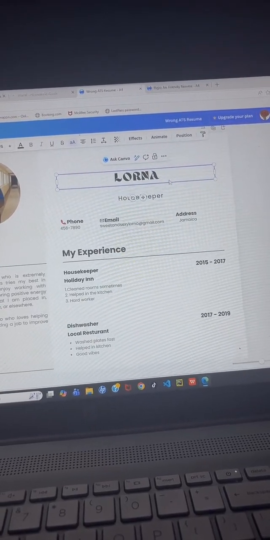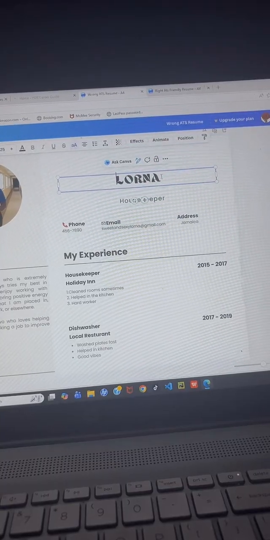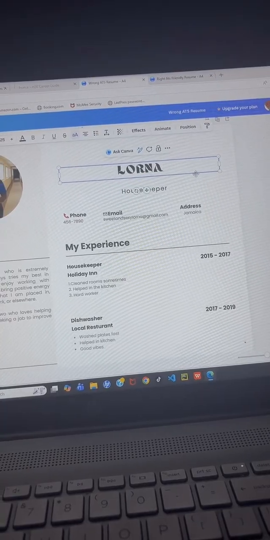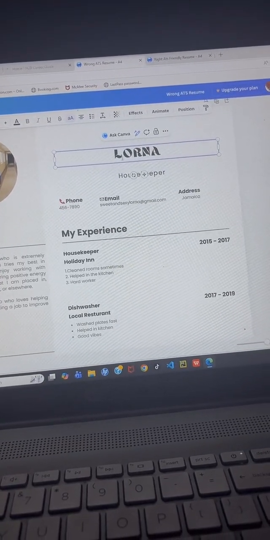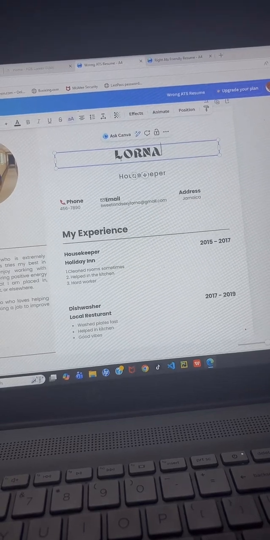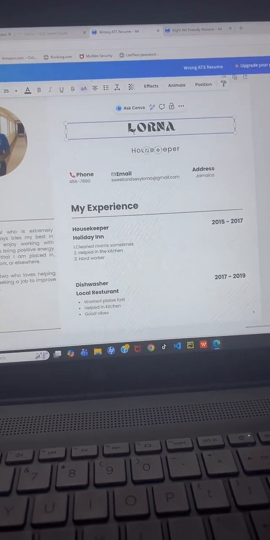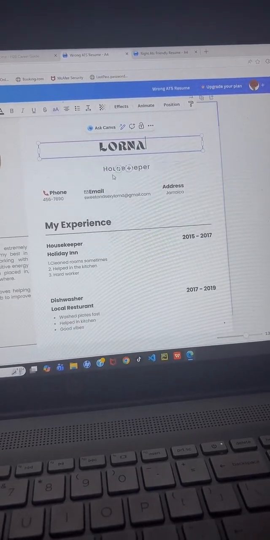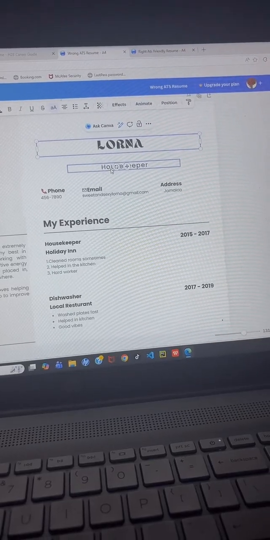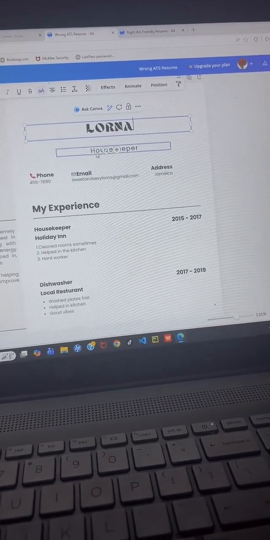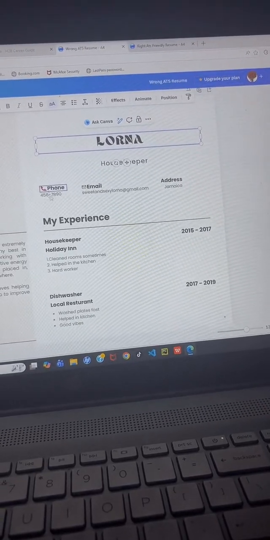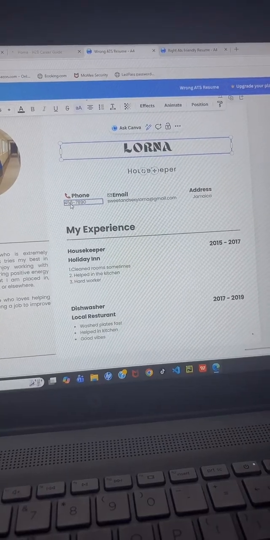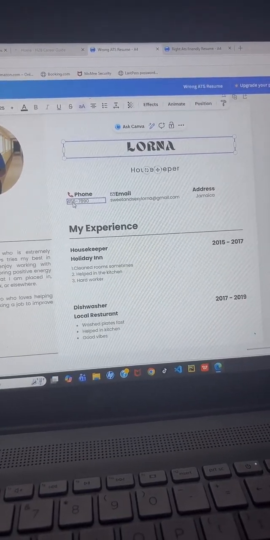She used the font. The font is too fancy. Okay, and you should put your first name and last name, not just the first name only, and the position that you are searching for, that you are actually applying for the job. And the phone number section, it is 7 digits. Ensure that it's 10 digits. It's the international structure.